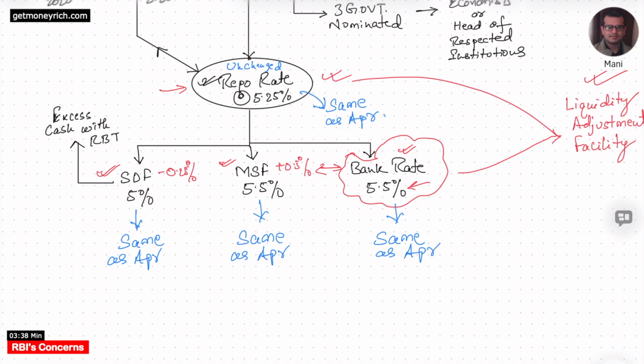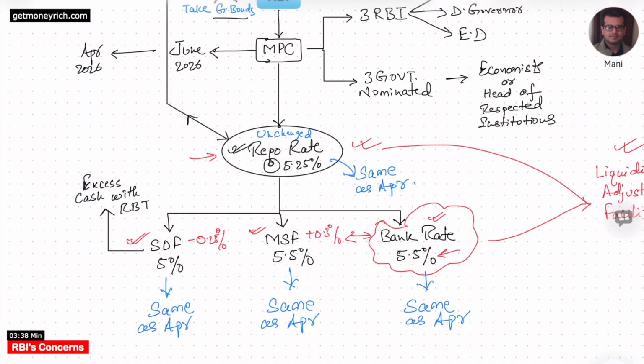So whenever the RBI governor comes and declares the Monetary Policy Committee meeting updates, they not only tell about the rates that they have finalized, they also give an explanation of what they are thinking at present to keep the rates the way they have decided. In this June MPC meeting, RBI has indicated that they have not lowered the interest rate. They have kept the interest rate at a higher level, as it was in April.